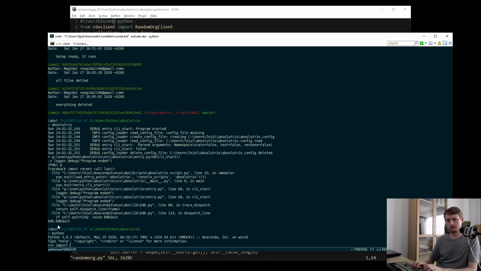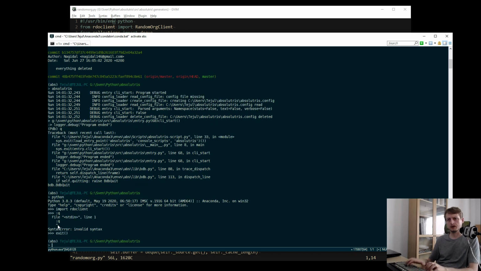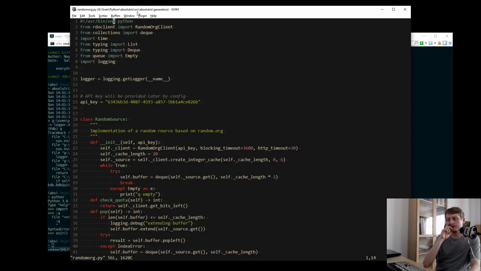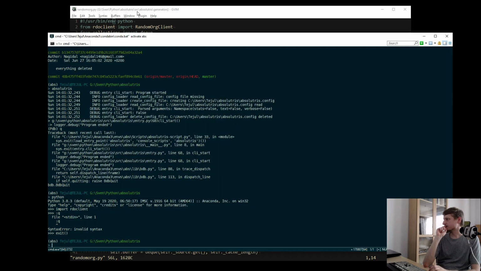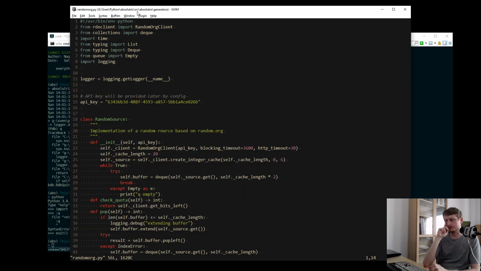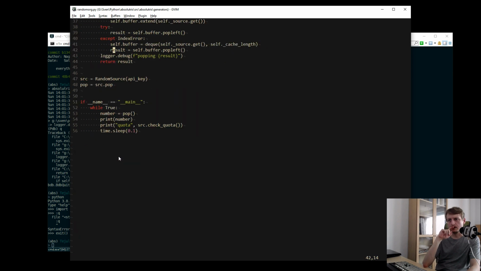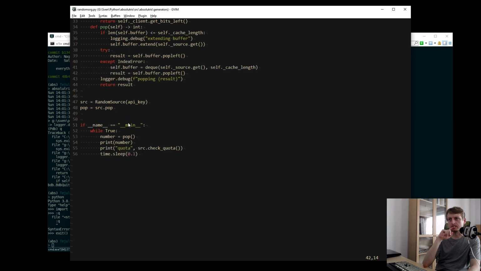Python, import the random org client. Yeah, it works okay. So I'm using a modified version of the random.org client to actually fetch random numbers from random.org. And then I have a little thing here.